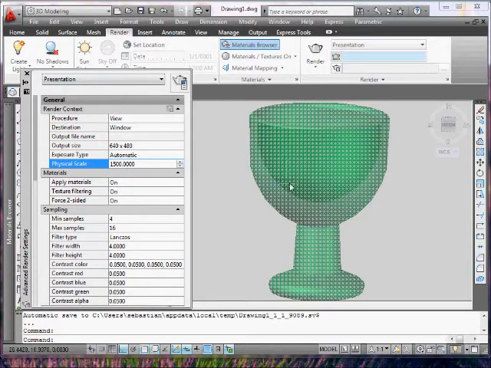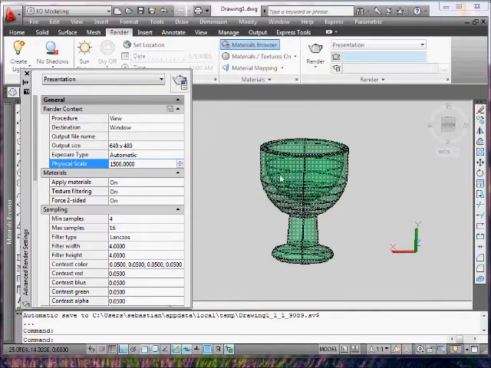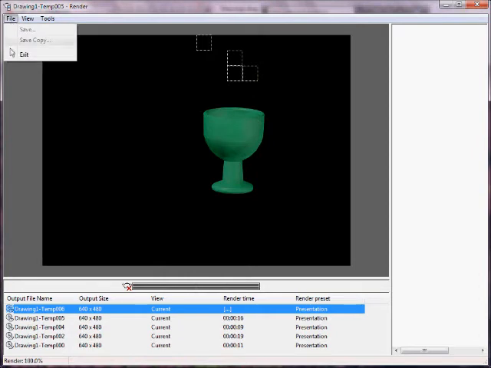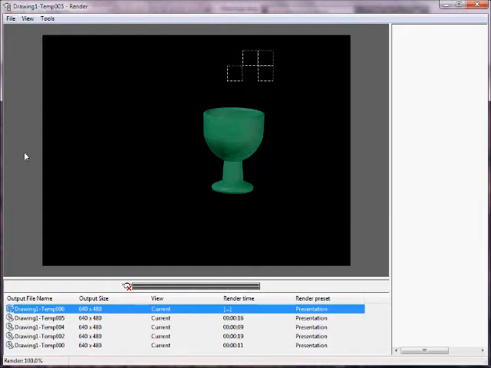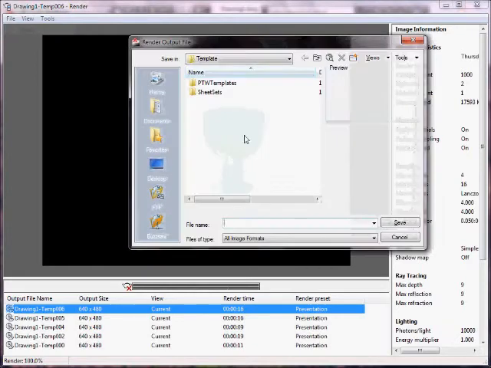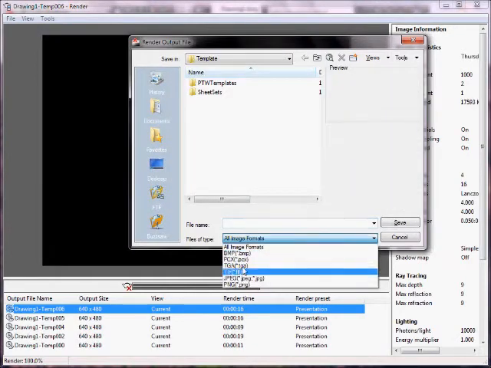Alright, once we have our material rendered, if you are rendering it at a window and you want to save your file, what I recommend is once you get to the window, there's an option here, tab, file, you go save or save a copy. It's still loading so I can't do it, you gotta wait for that to finish. You go file, save, and you save it as a JPEG or a BMP